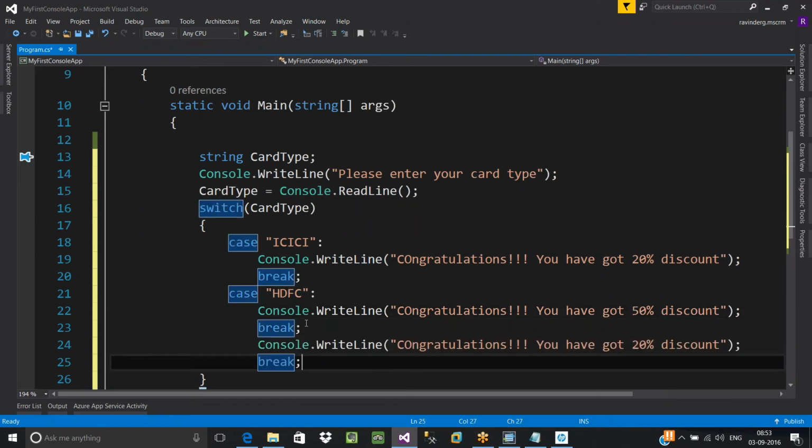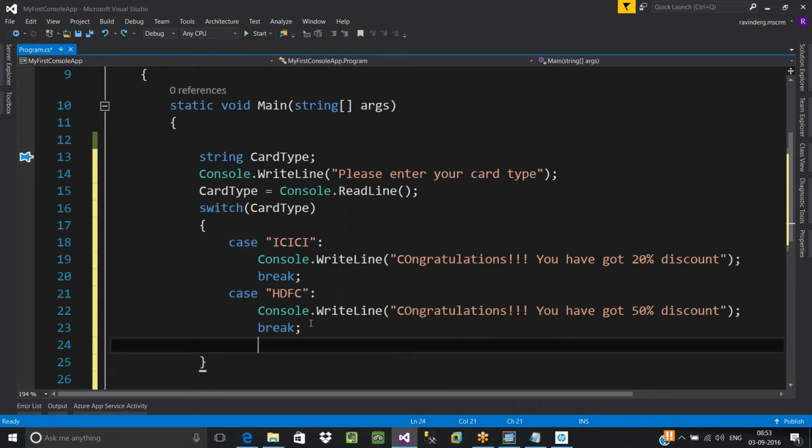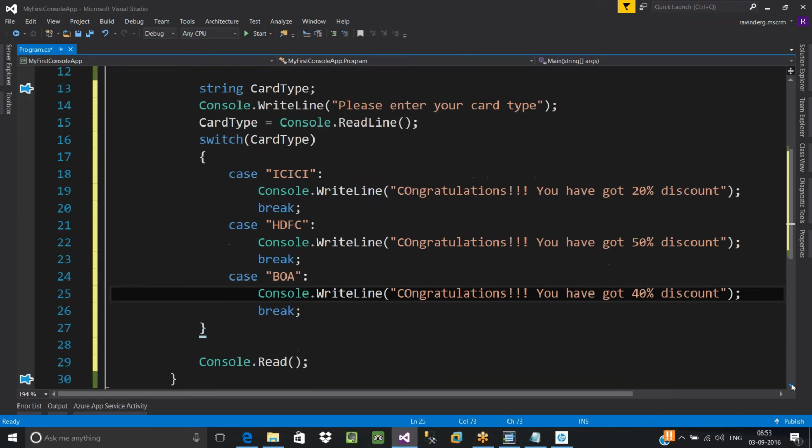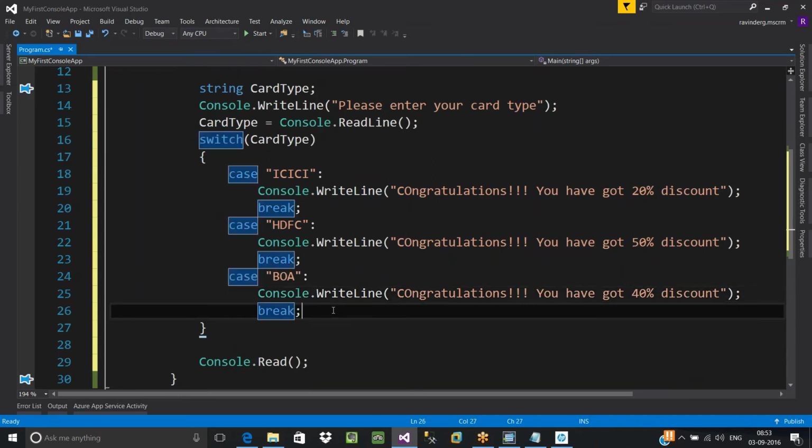Next, case Bank of America: Congratulations, you have got 40% discount. Right, so like this, you can define n number of cases. There is no limitation at all.